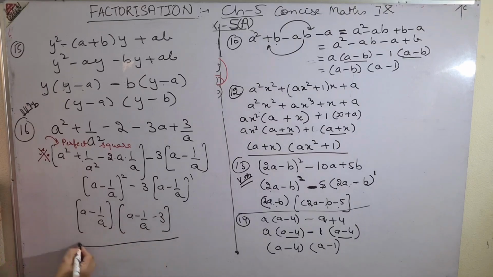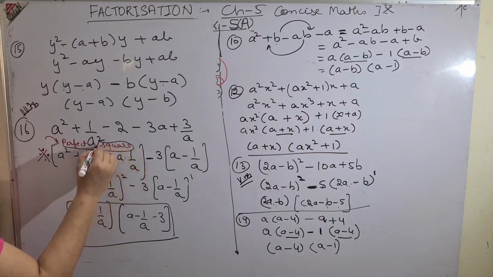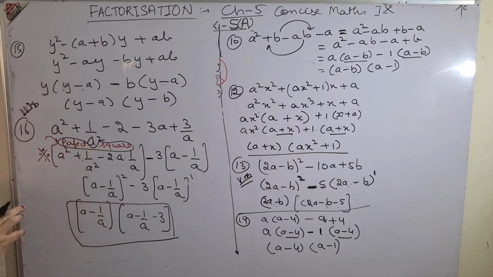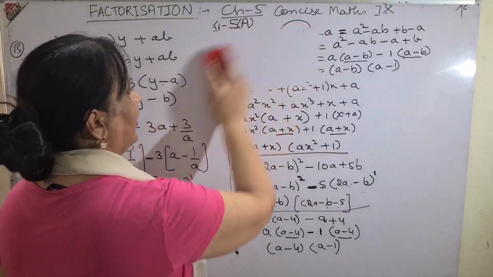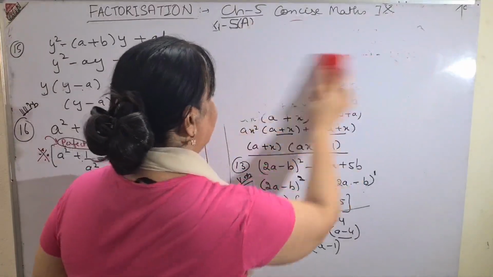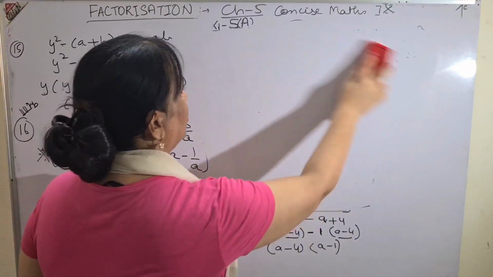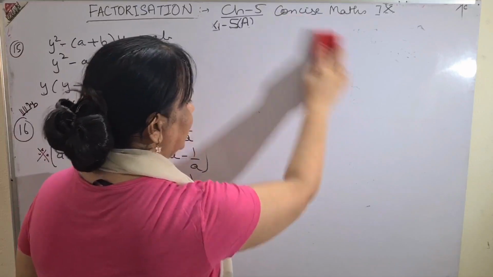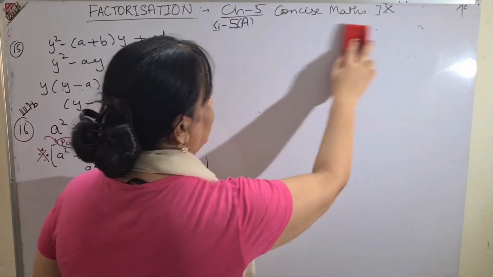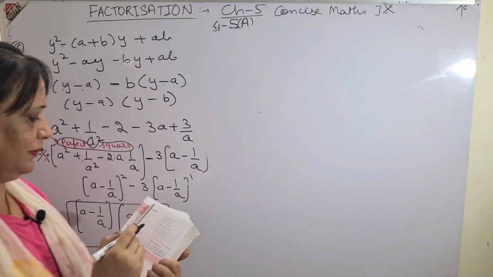This is a very important sum, children, try to understand. This is the first sum in which I turned it into a perfect square. Perfect square means (a minus b) whole square. And again children, once the sums are done, twice you are totally well versed with these sums. So practice is needed for factorization as well as expansion. Once you practice them nicely, nothing is difficult.